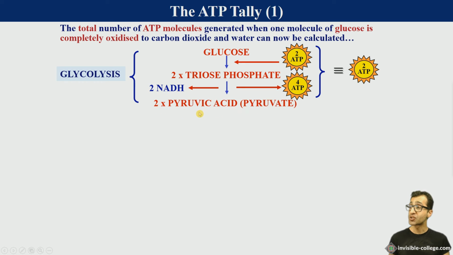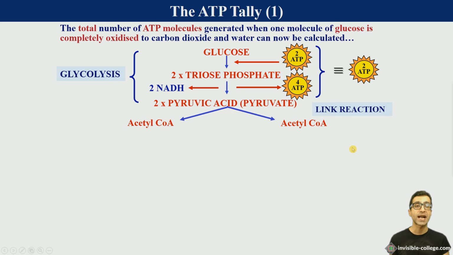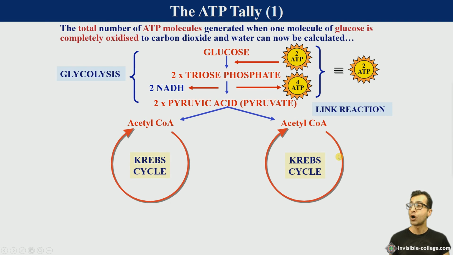Once we form our 2 pyruvate molecules, these will then break down to form 2 acetyl-CoA molecules during the link reaction. Each one of those acetyl-CoA molecules will then feed into one cycle of Krebs cycle, and as we saw before, each turn of Krebs cycle directly produces 1 ATP by substrate level phosphorylation. However, all of these processes produce these reduced